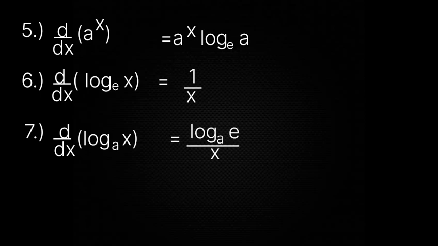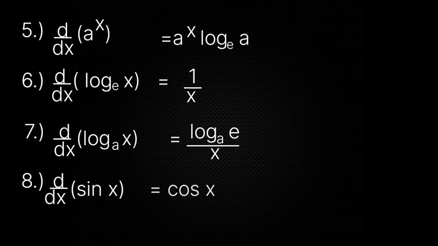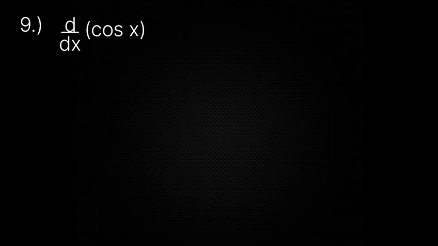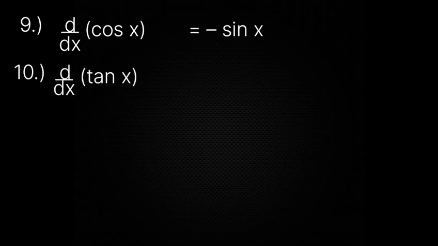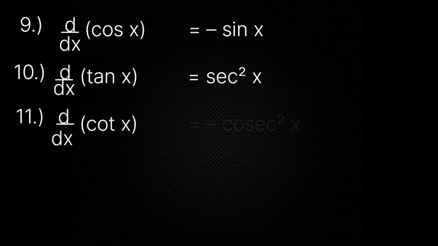Next, let us look at the standard trigonometric functions, which follow a very specific, alternating pattern. The derivative of sine x gives us cosine x, while the derivative of cosine x introduces a negative sign, becoming negative sine x. The derivative of tangent x becomes secant squared x, while its counterpart, cotangent x, gives us negative